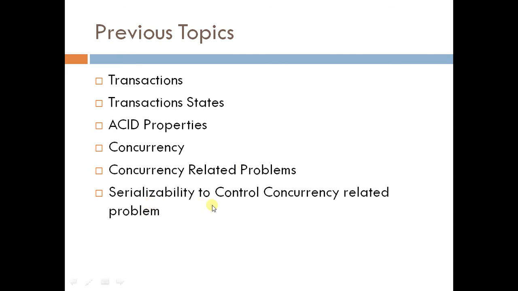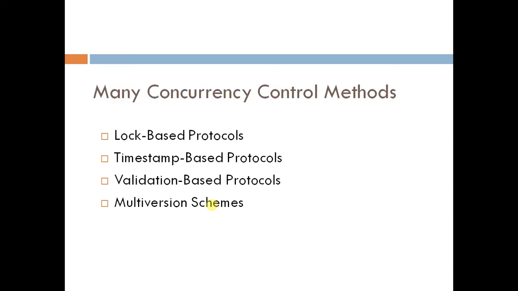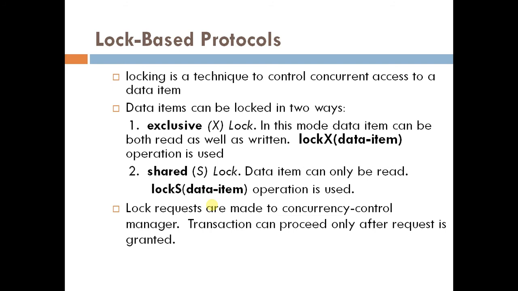Now the question comes: how to implement this concurrency control? There are different types of methods which can implement serializability and make sure that the schedule gives the same answer as a serial schedule. There are many techniques like log-based techniques, time-based protocols, validation protocols, multi-version techniques, and so on. In this tutorial, we will go through the lock-based protocol. So, what is a lock?